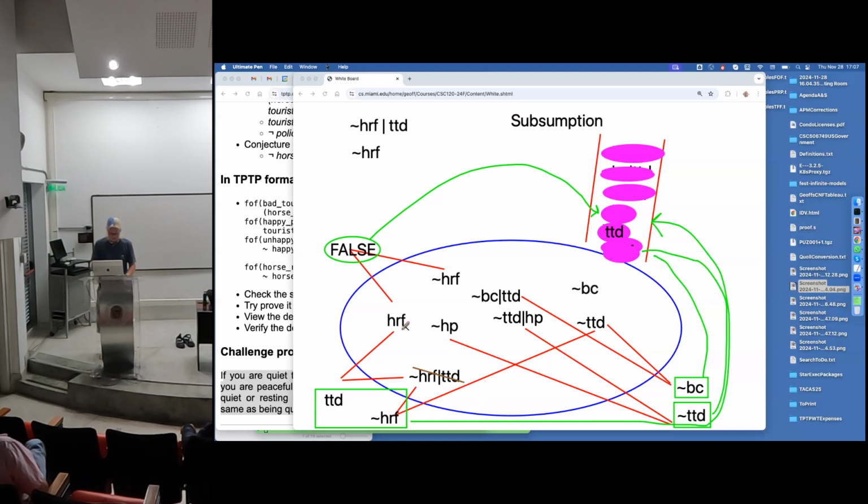See, so for example, as you see here, that one allowed us to delete that one over there. And for example, here, when we saw that, that would allow us to delete that one, because not TTD is better information than the OR. And I don't think there are any other cases. Yeah. So this happens, and in the algorithm,